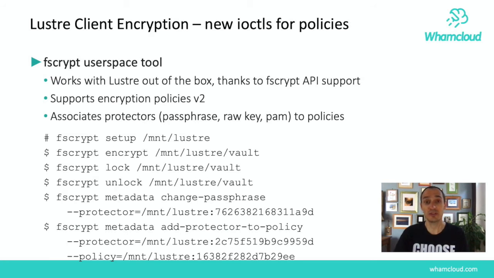Lustre supports these new I/O controls, but concretely, how to tell which directories to encrypt and how? Well, thanks to the FSCrypt user space tool. It works with Lustre out of the box, thanks to the FSCrypt API support from the kernel. And the good thing is that it supports encryption policies v2. Here I have listed the main FSCrypt commands, but I propose to go for a demo to illustrate how it